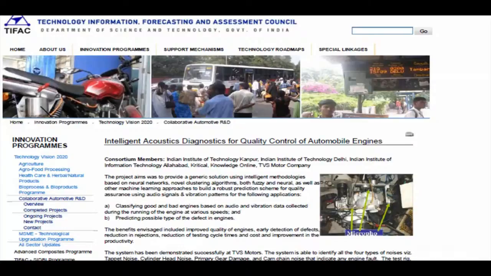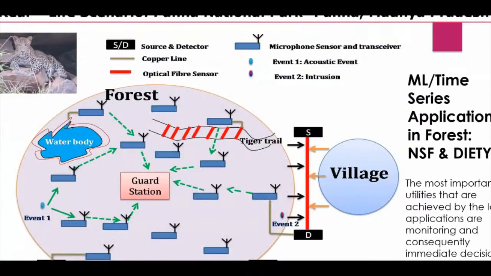This is another example, Panna National Park, which we did. Recently you must have seen there is a movie Sherni on Amazon Prime, I hope. So they have also referred to this particular project. Okay, so the Panna project. What was the problem? There were poachers. They used to get inside the forest and kill the animals, especially the tigers. They were selling them. They were killing multiple animals. Okay, they were cutting the trees. So there were multiple problems they were facing, and this problem we solved for them.